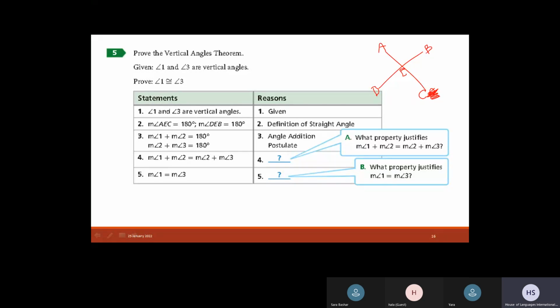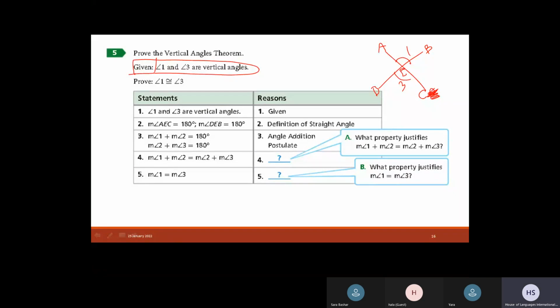Now, they form that. Here is angle 1 and here is angle 3. Given that 1 and 3 are vertical angles, prove that they are congruent. Yes, Tamara, let's start now. Angle 1 and 3, they are vertical. It's given. And then measure A, E, C equals 108 and measure B, E, B equals